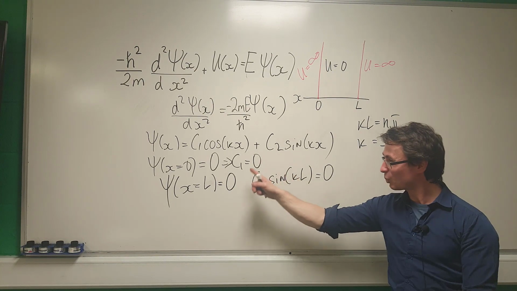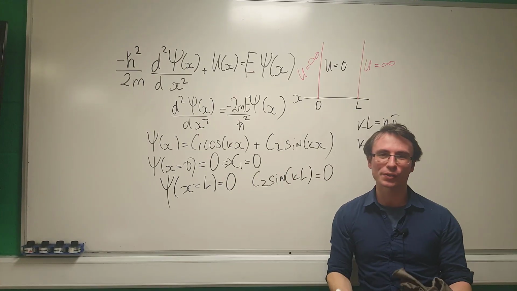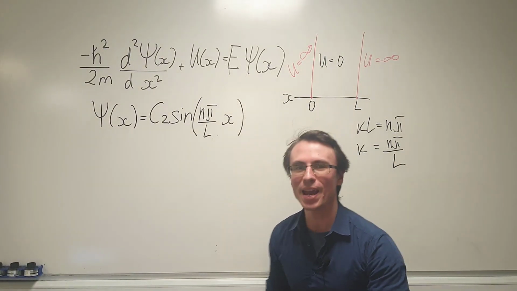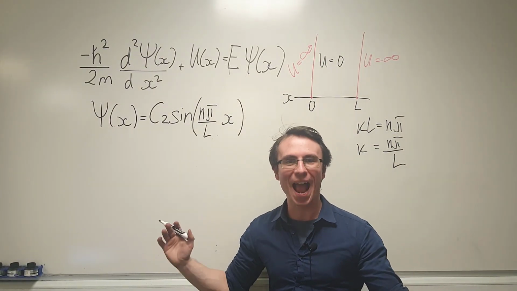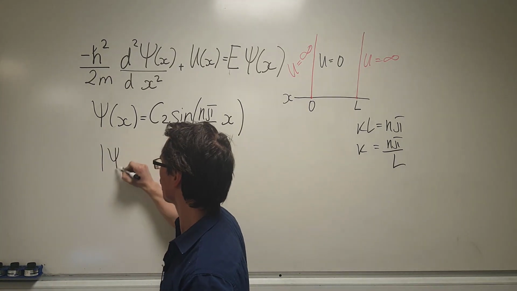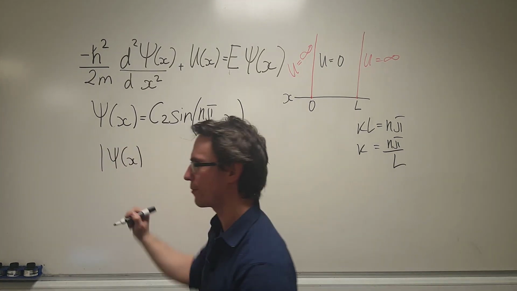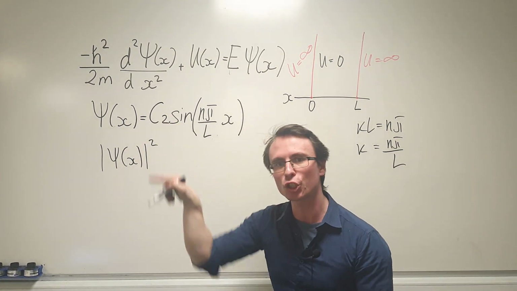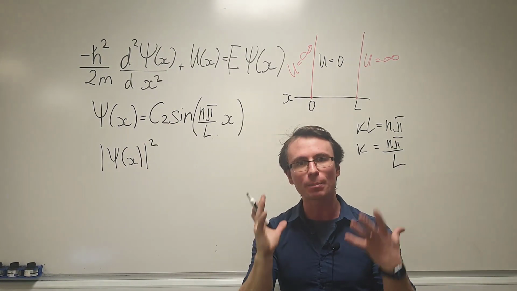Now the only thing that we don't know is our constant of integration. Let's find this. And here is our wave function. Now, what does the wave function actually mean? Remember, if we take the absolute value of the wave function, the amplitude, and then square this value, and then sum it up over the region, we're going to find the probability of